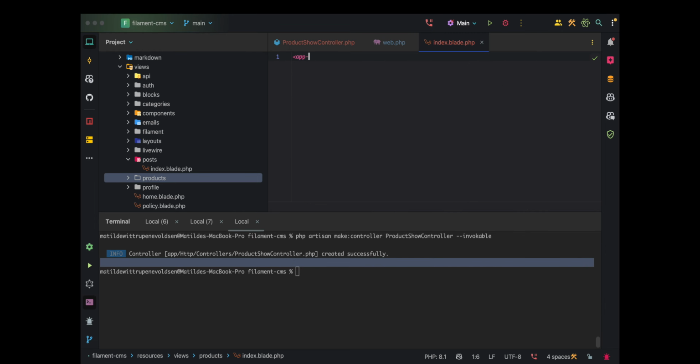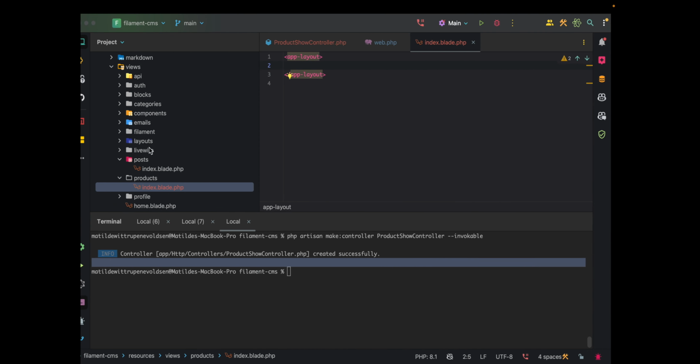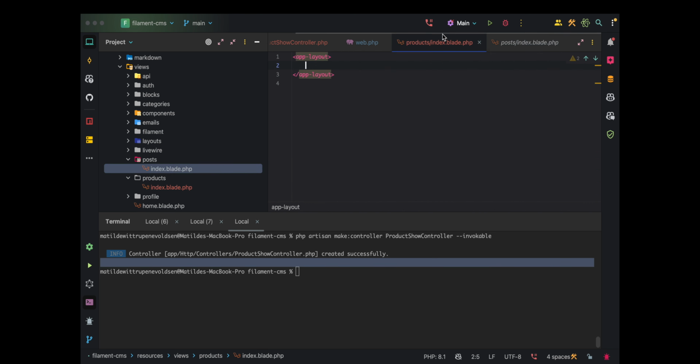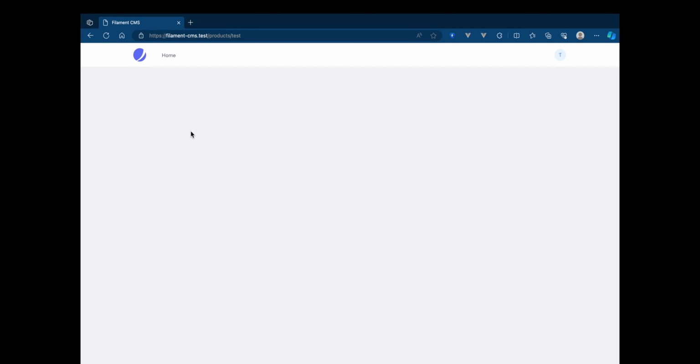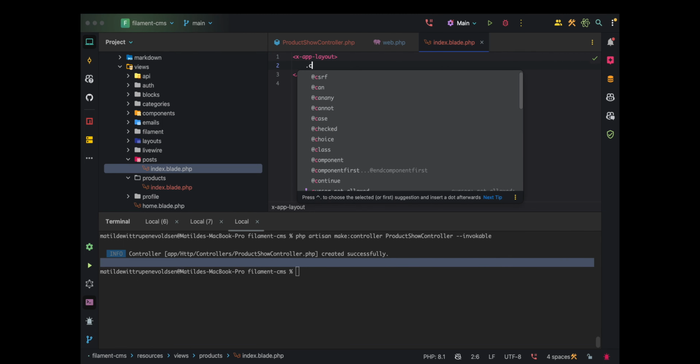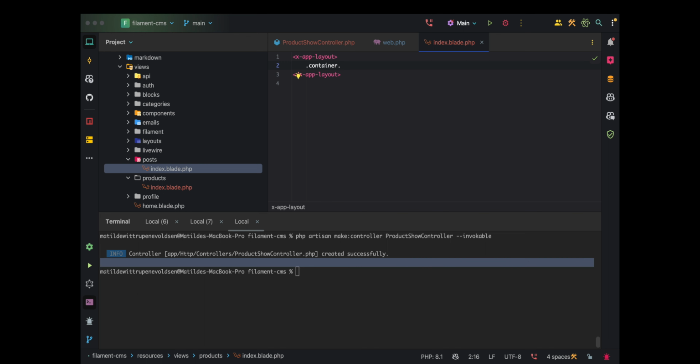And in here we can have app layout. Perfect. All right, so with that sorted, let's go in here and maybe start out with creating a container with margin auto and with